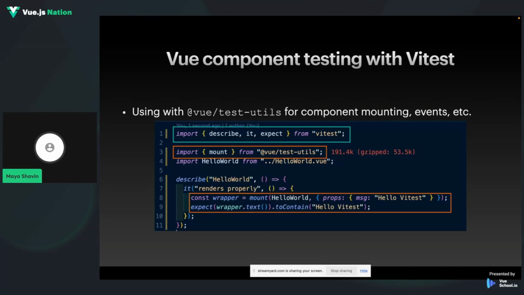So then you can just import mount from Vue Test Utils. It's the same thing like we used with Testing Library before. Just mount the component, and then the whole syntax remains the same. You should expect the wrapper text to contain something, nothing strange here, nothing you need to crack your head over to